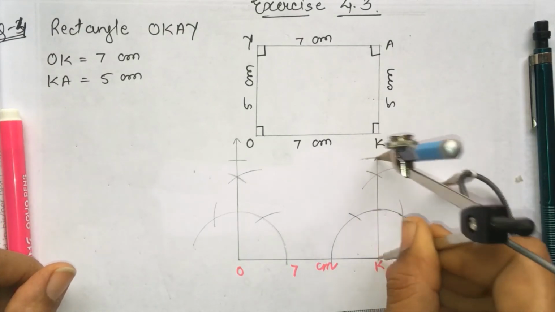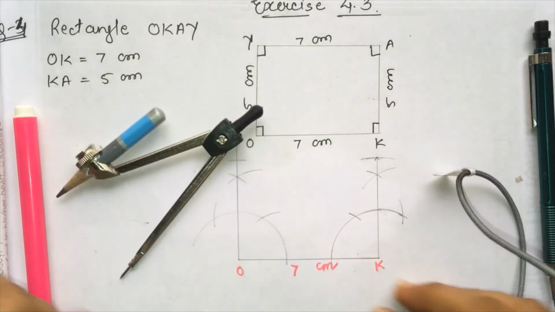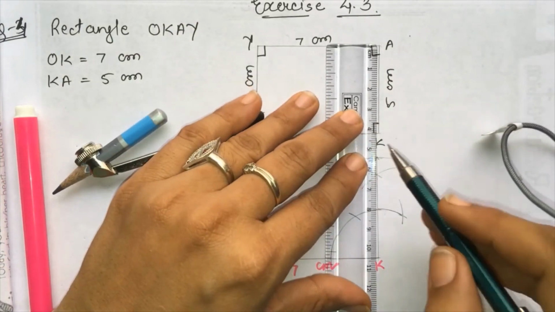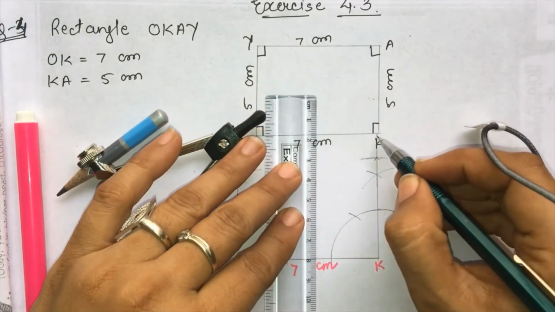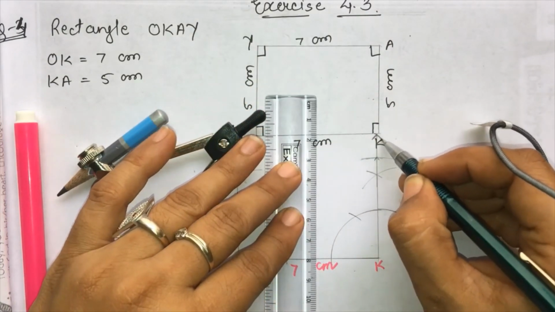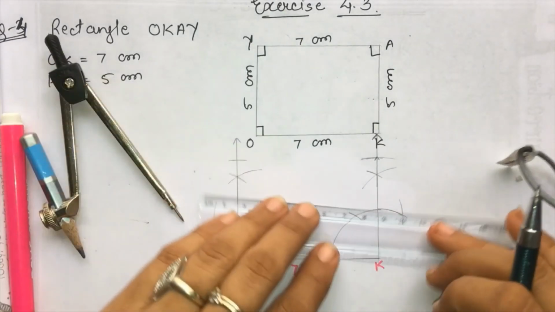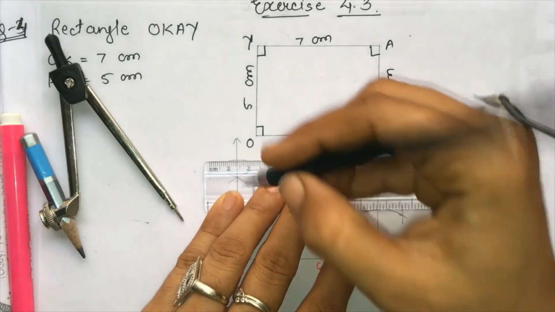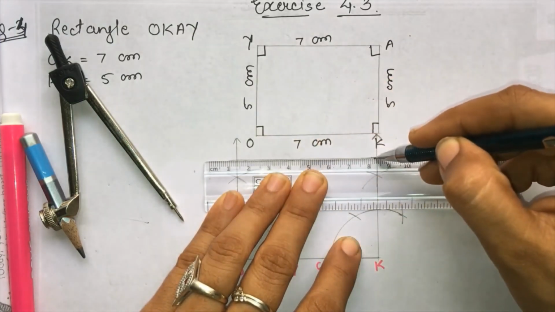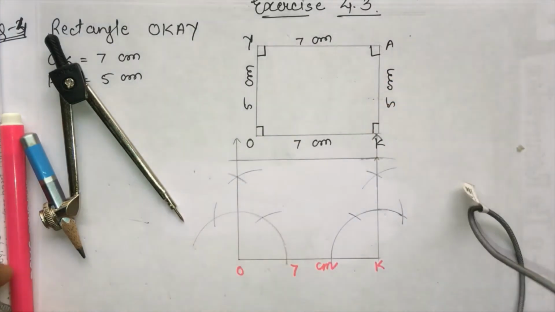See, over here again it is not intersecting, so what I will do is, I'll just extend my line. It's okay if it is a rough diagram, no problem. And finally, we will be joining these 2 points and we name it as